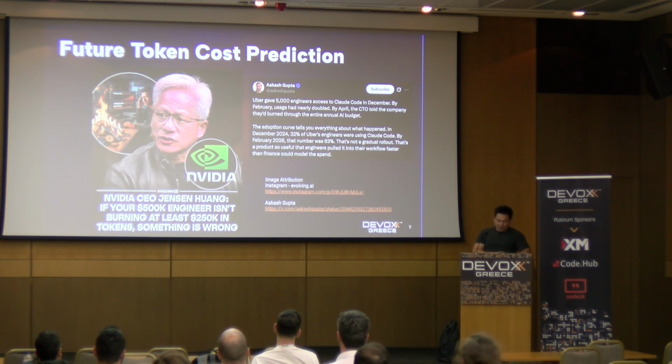And then there's also this other news clipping, a tweet that went out. Uber gave their 5,000 engineers a budget to use AI tooling in their everyday workflows, to build Uber-related products. And they burned through their entire year's worth of AI budget by April. I'm sure it was probably in the tune of millions and millions of dollars for 5,000 engineers. But that's quite an unsettling number, right? The amount of money that's being burned running these AI systems.